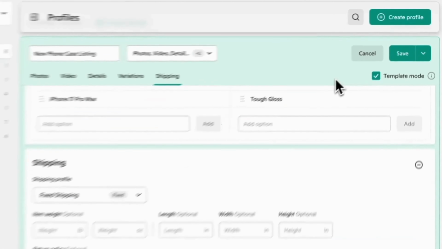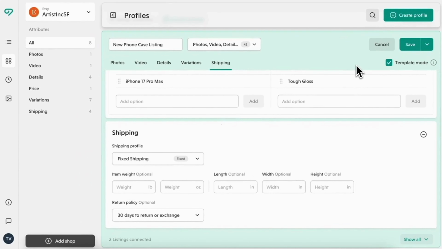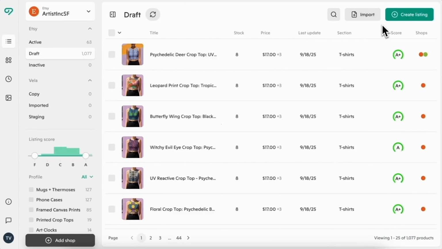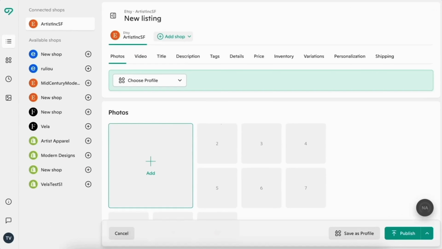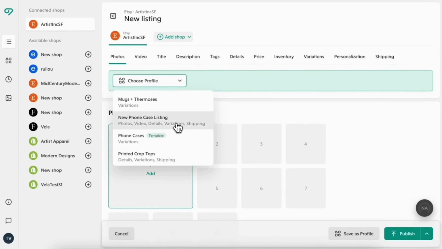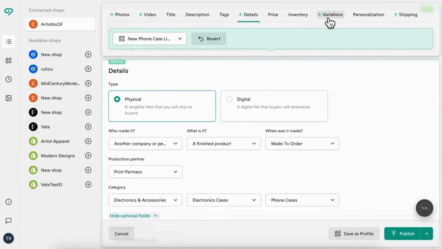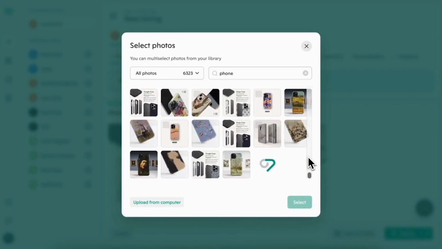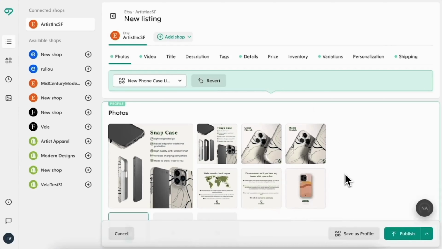We're going to save it in template mode. This means that future changes to the listing won't be overwritten by the profile. For example, we can replace the first listing image when we create the listing without it reverting back to the generic images the profile includes. When you apply a profile in template mode, it just drops in the details, and then the listing can be edited independently. All we have to do is add our unique product photo